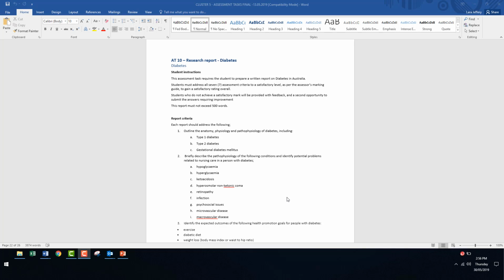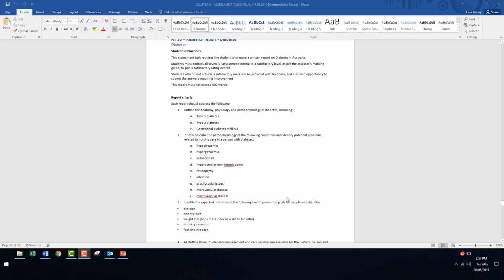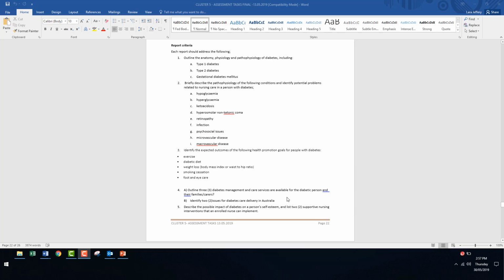For hyperglycemia, ketoacidosis, hyperosmolar non-ketotic coma, retinopathy, infection, psychosocial, microvascular disease, macrovascular disease. Okay, for each one of those, you're going to describe the pathophysiology and then identify potential problems relating to nursing care. All right, so number 3, we're looking at identifying the expected outcomes of the following health promotion goals